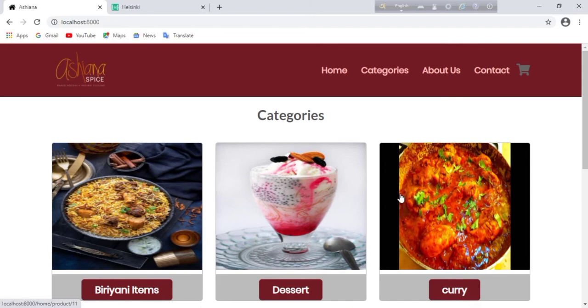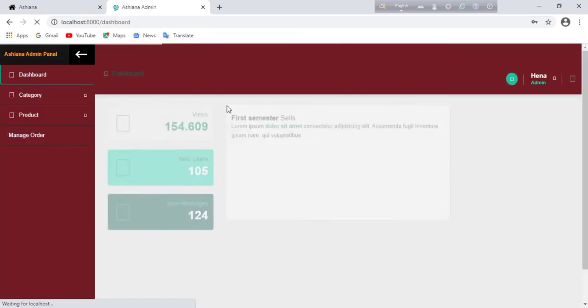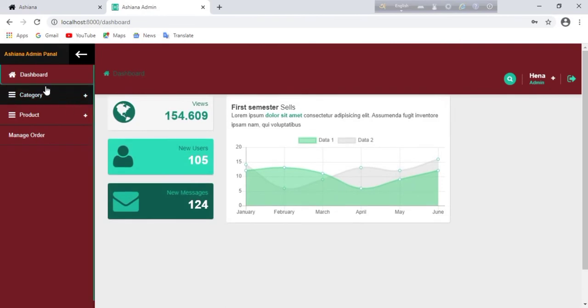Now we go to the dashboard in the admin panel to manage orders. Firstly, we have to fill these fields, email and password. This is the dashboard and this is the manage order option.